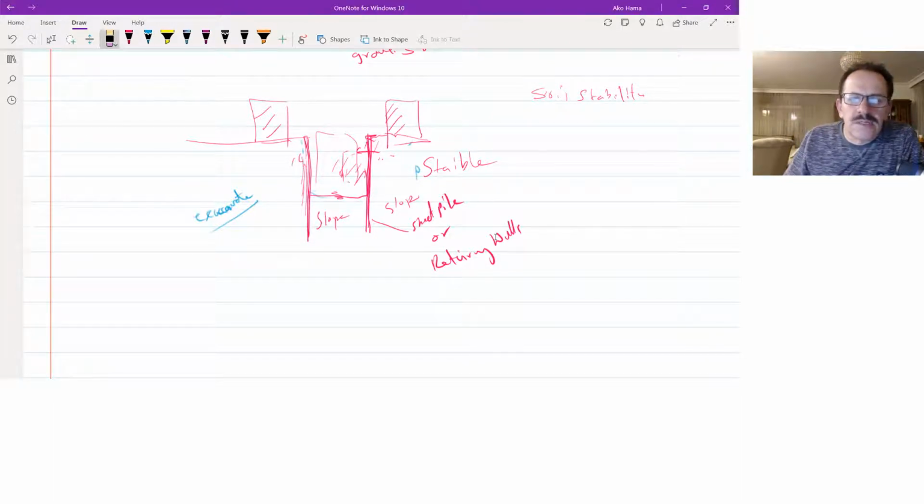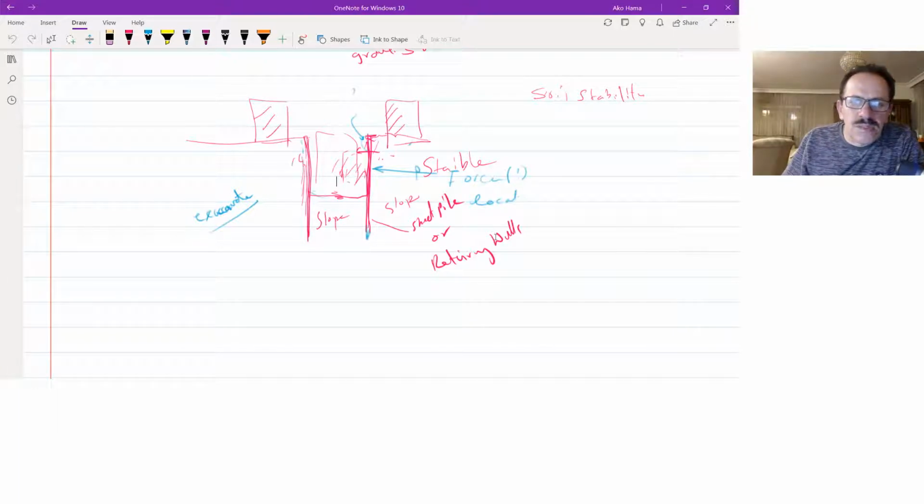Now in this chapter we are going to study the effect of the soil that will push on this sheet pile or retaining wall, and what the magnitude of the forces on it can be. I want to see what the force will be first, and what the location will be, because those two things are required to design it, or to check the capacity of this sheet pile or retaining wall.